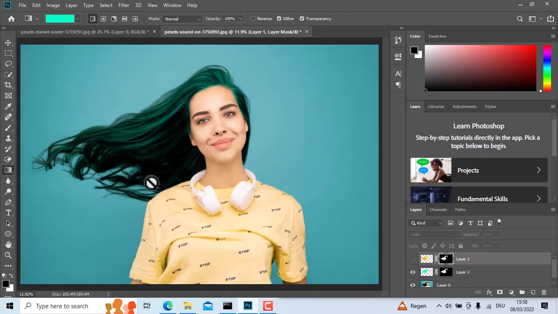You can see we have changed our color, and you can try using different colors, the colors you